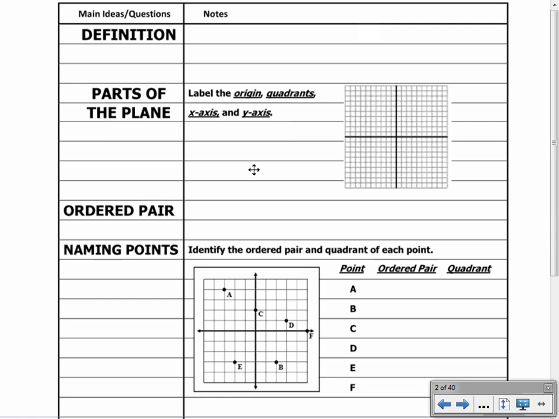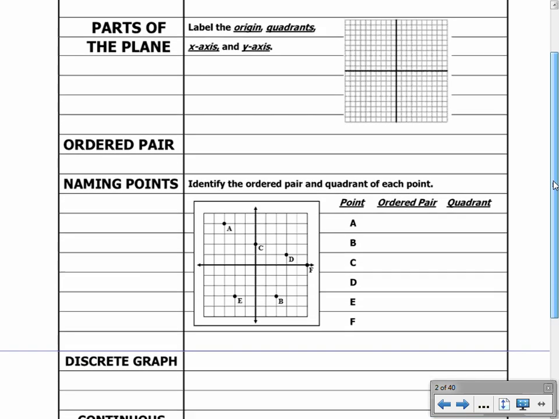So I want to start off by talking about the parts of a coordinate plane. And you've seen this before, but I wanted to make sure that we're all on the same page. So we're going to label a couple things here. We're going to start by labeling the origin. So the origin is right in the middle of your coordinate plane, so it would be this point right here. Okay, this is the origin, and keep in mind this would be the ordered pair 0, 0. Okay, it has an x value of 0, a y value of 0, which brings us to the next thing,